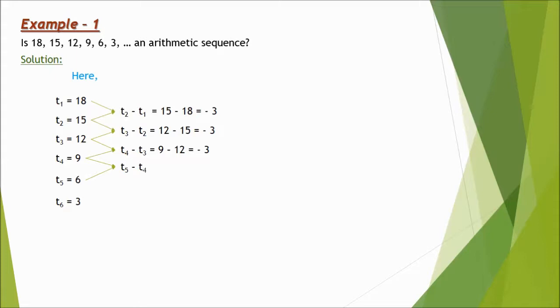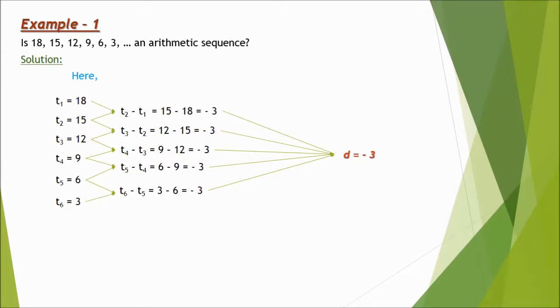T5 minus T4 is equal to 6 minus 9, that is also minus 3. And T6 minus T5, 3 minus 6, that is also minus 3. So what we can conclude is that's d, isn't it? The common difference between the consecutive terms is constant or equal. We can say the given series, hence the given sequence,